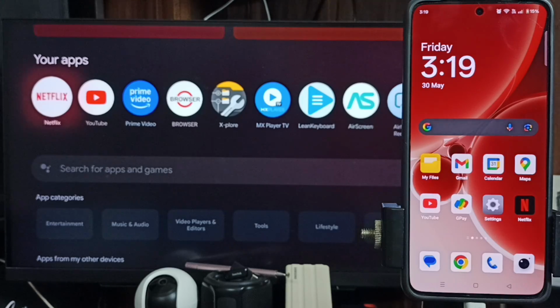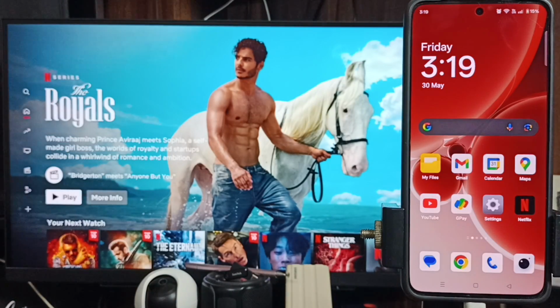Hi friends, this video shows how to turn off autoplay next episode. First let me open the Netflix app. See, this is the Netflix app, but you cannot find the option to turn off autoplay next episode in this Netflix